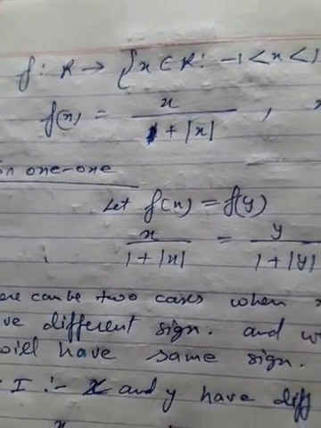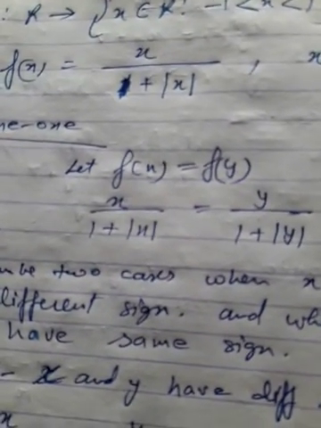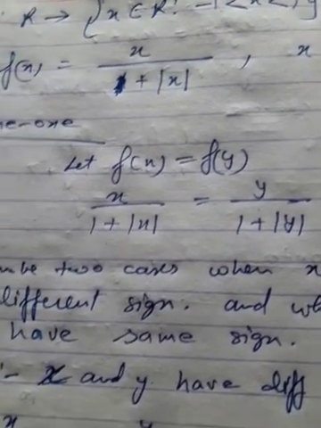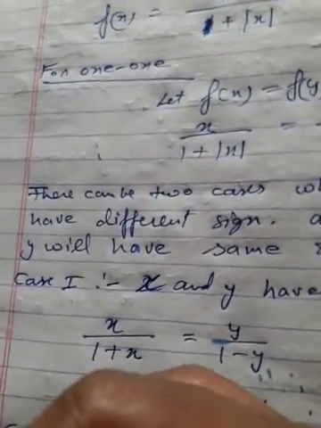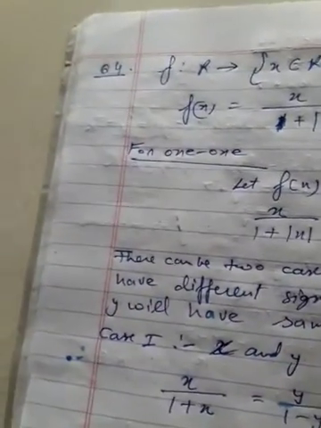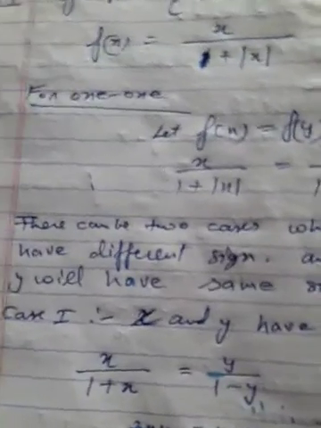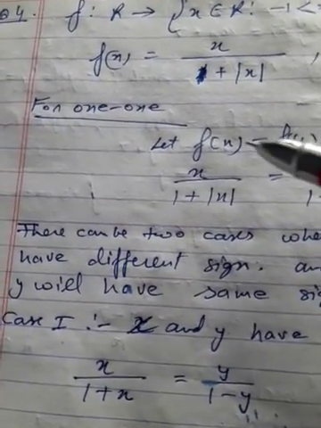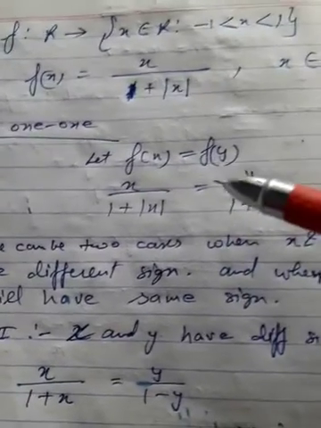Now, to find the inverse of any function, first we have to find out whether the function is 1-1 or not, and whether the function is onto or not. To check whether this function is 1-1 and onto, we will try the same method. We take from its range two values with f(x) equal to f(y), such that both are equal.